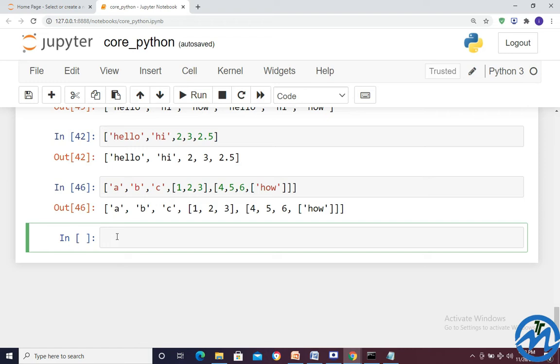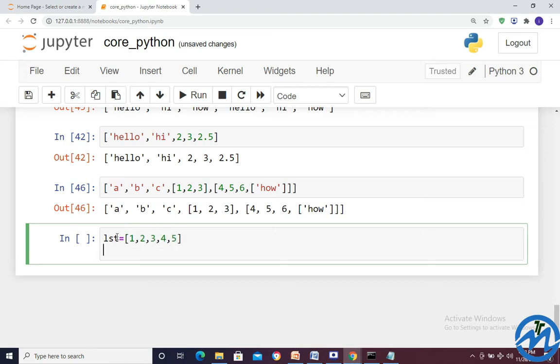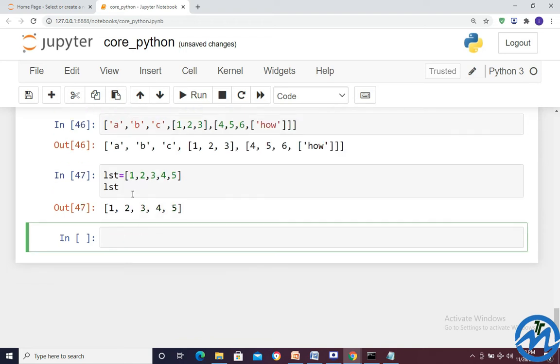So let's write, suppose I create the list. LST is equal to 1, 2, 3, 4, 5. And here I have called LST, so I got 1, 2, 3, 4, 5.